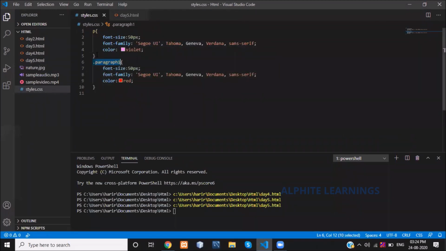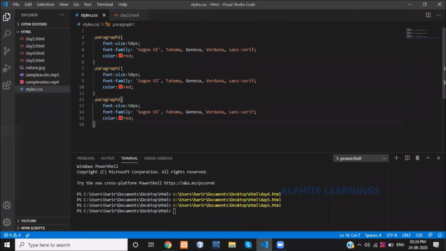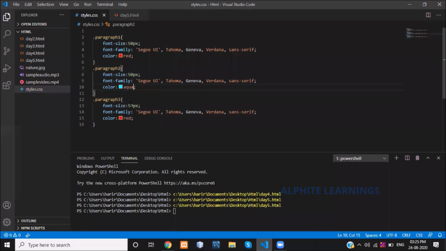So I am removing this paragraph. Let us discuss further. I am giving different class names. I am giving my color as aqua, and violet. In my HTML document I am having 3 paragraphs.